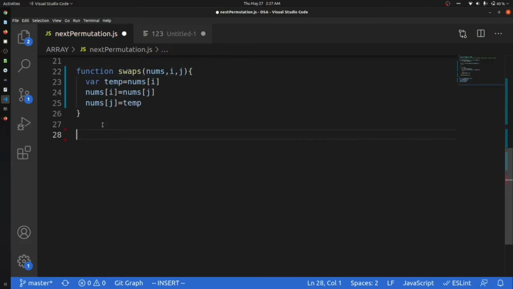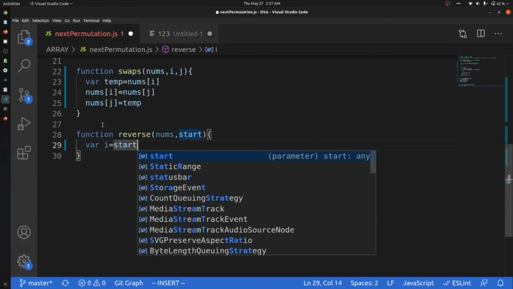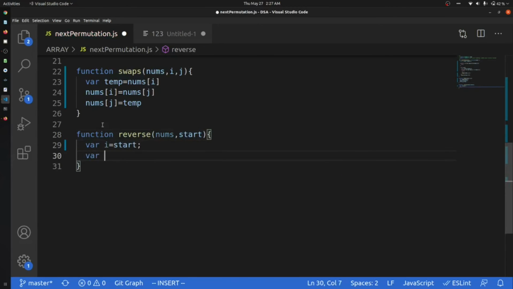And after that we will go with the function reverse. We will pass nums and the start index, and we will have a variable i equal to start and variable j equal to